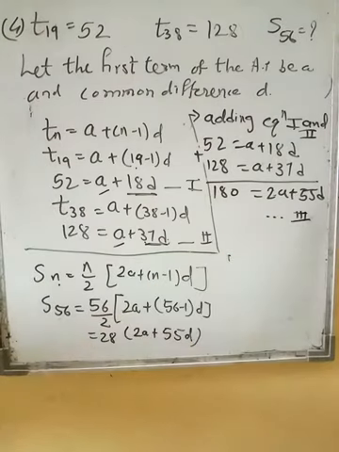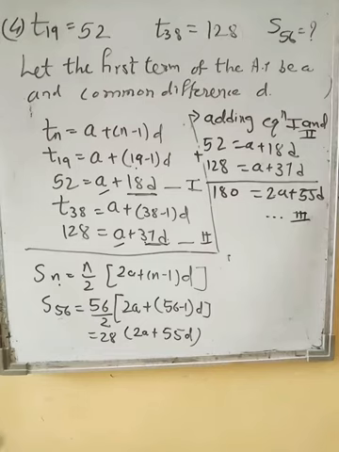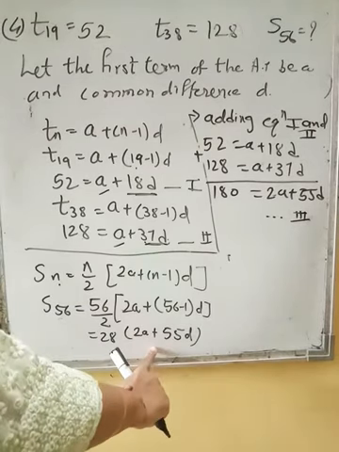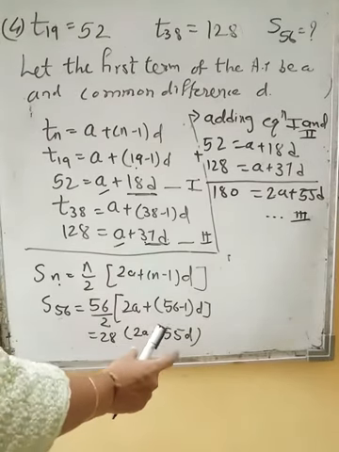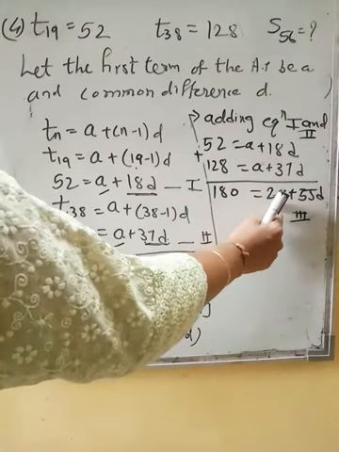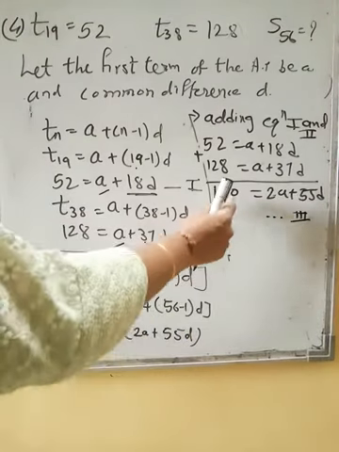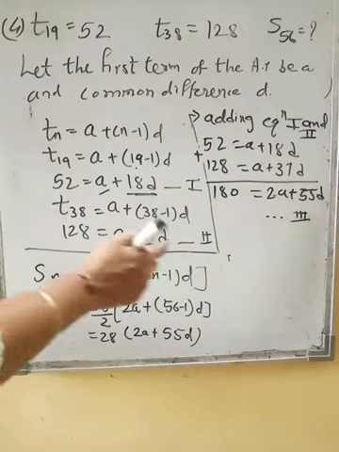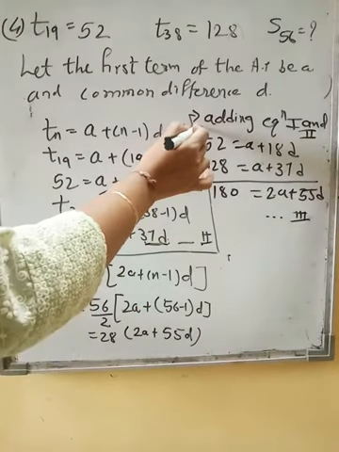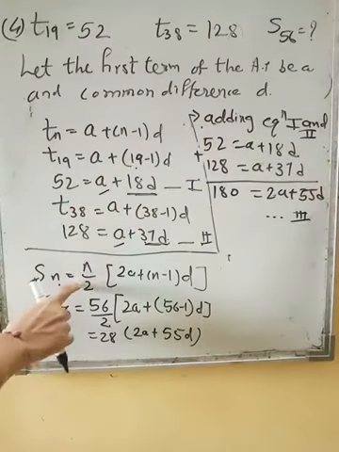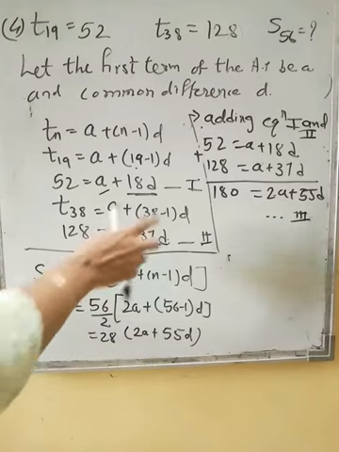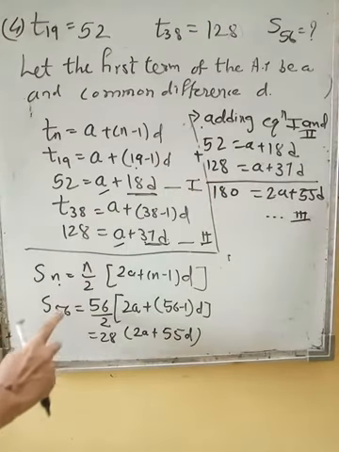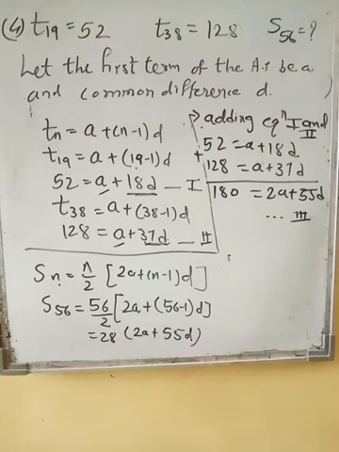So we'll substitute this value in the Sn. 28 into, here we will directly substitute the value of 2a plus 55d, which is 180. Here we will take the shortcut. After writing this equation 2, you are going to do it. I have shown you by this step, but you first write this and then you start with this. Okay. So this was introspection done by us.